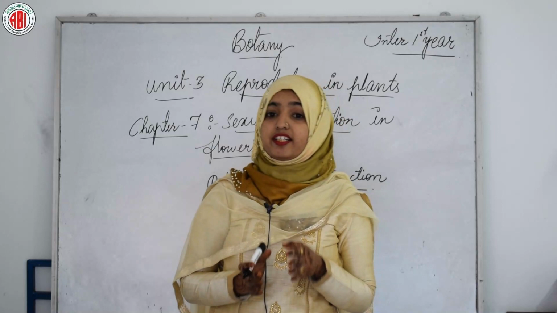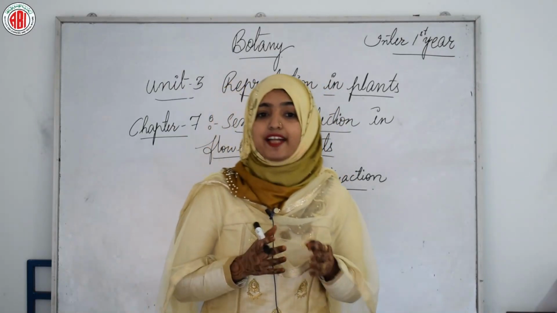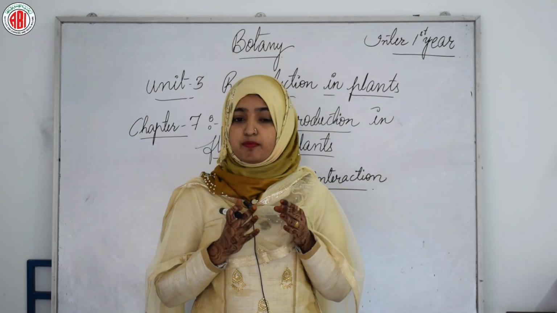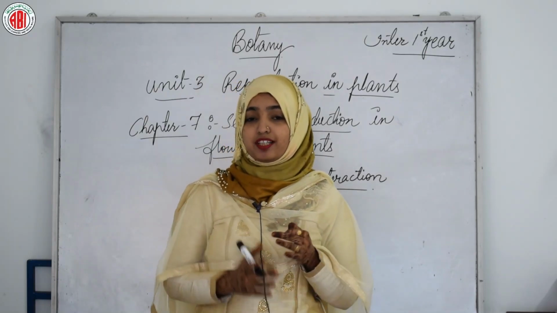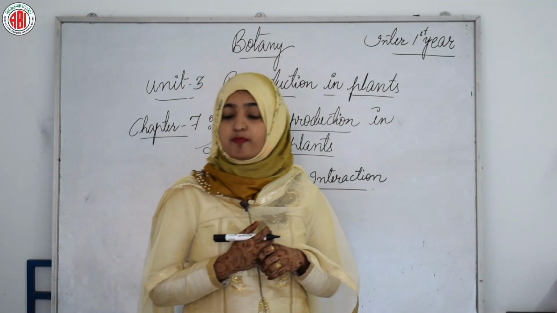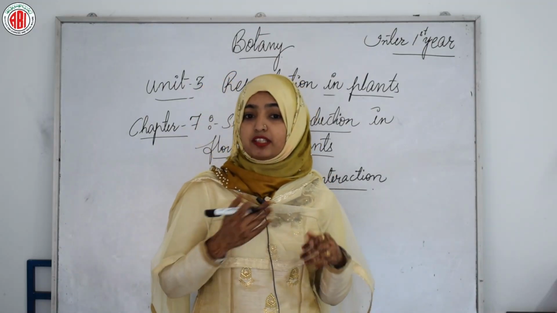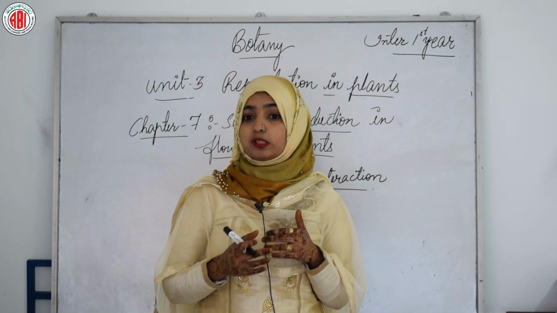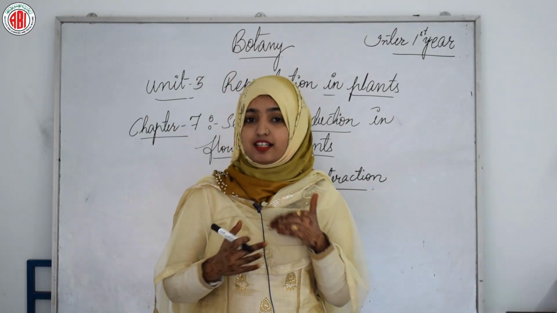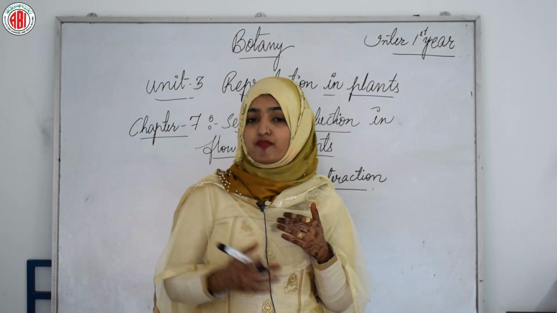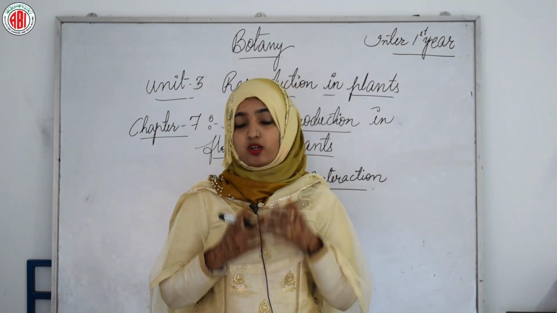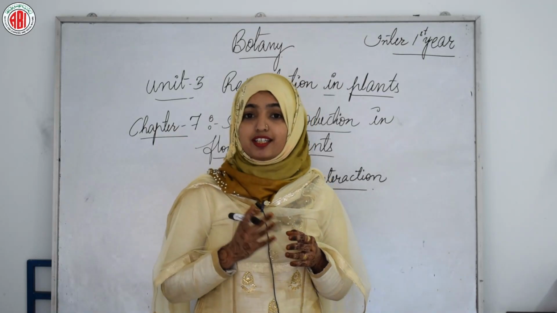Pollination does not guarantee the transfer of the right type of pollen, right? We cannot guarantee that in the process of pollination, only the right type of pollen is carried from the anther to the stigma. Often pollen of the wrong type, either from other species or from the same plant, also lands on the stigma, because they don't have any sense. They are just transferring from one to another. So we cannot guarantee that only the correct or right pollens are getting carried.